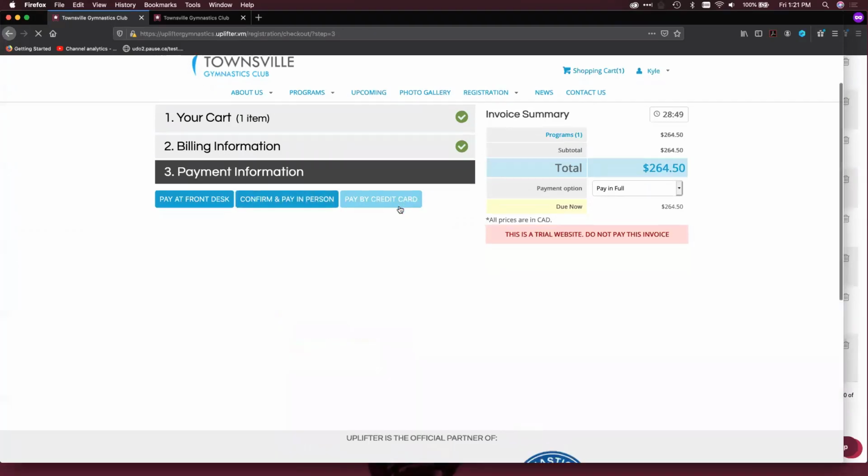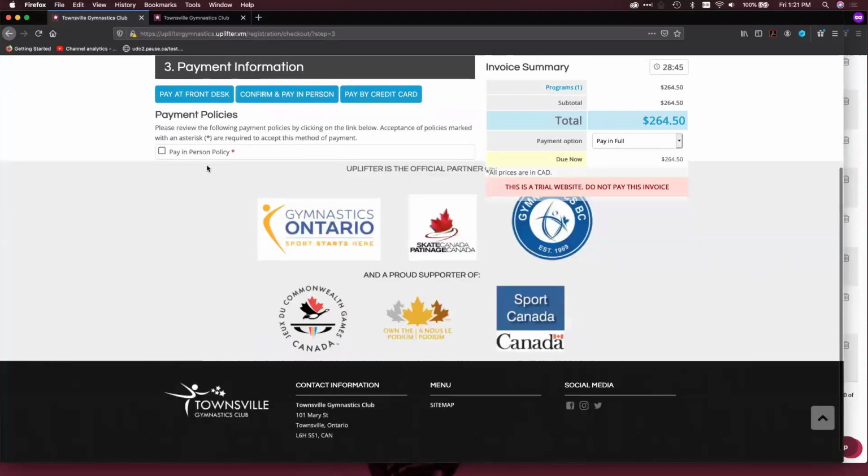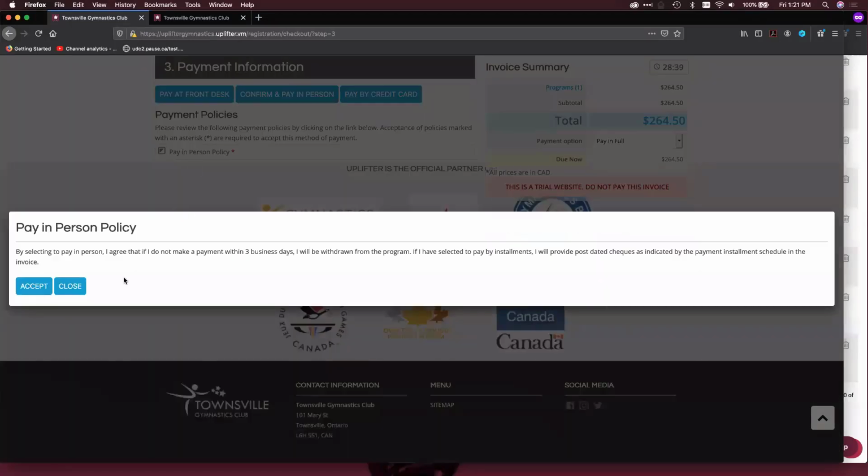As you can see, I didn't create a credit card policy, so nothing is presented to me. But when I click pay in person, it presents me the policy before it completes the process. I will need to accept it before I'm allowed to complete the checkout process. So that is how a payment policy works.